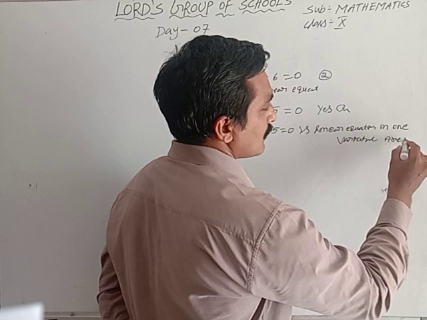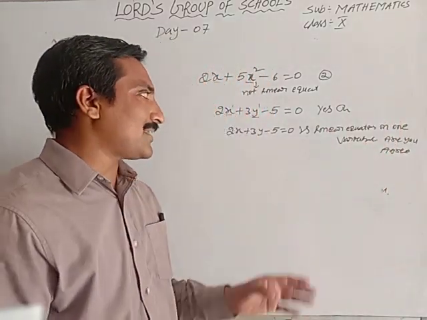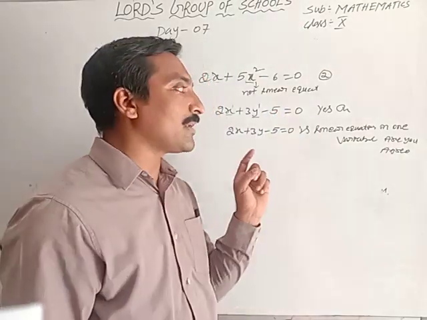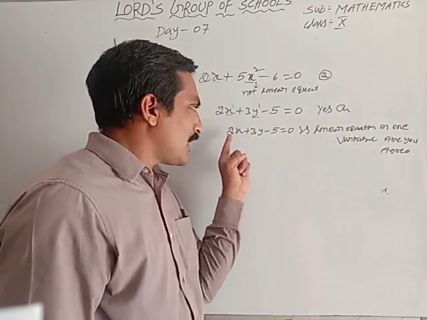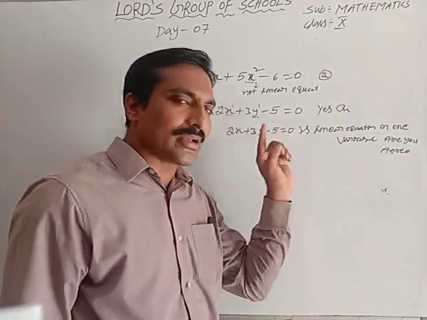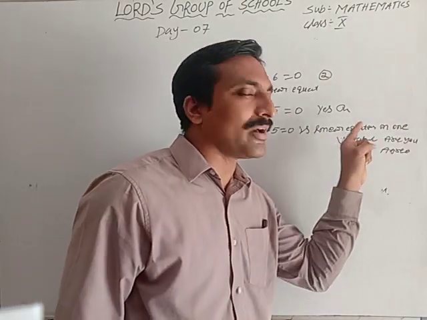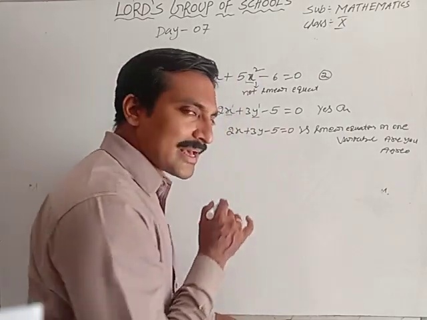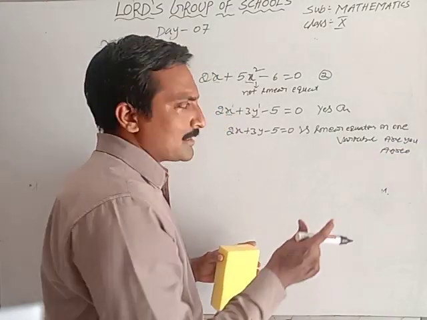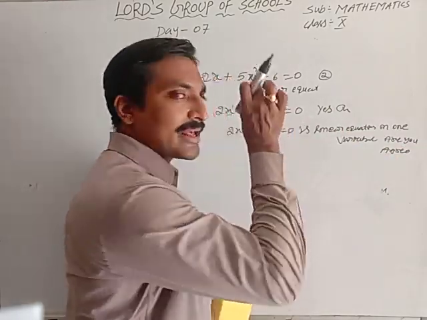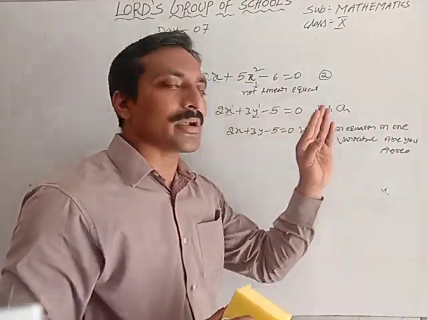Are we agreed? So it is clear, this is a linear equation only, as I said. With two variables, it is a linear equation in two variables. Here what is the question? It is given, a clear linear equation, you know that. But your question says linear equation in one variable. In this equation is there one variable? No, two variables. So the given statement is wrong. It is a linear equation, but in two variables, and he asked about one variable. So the given statement is wrong.